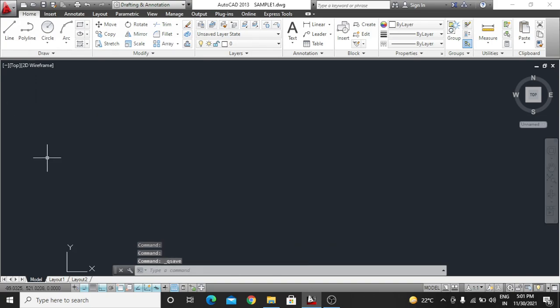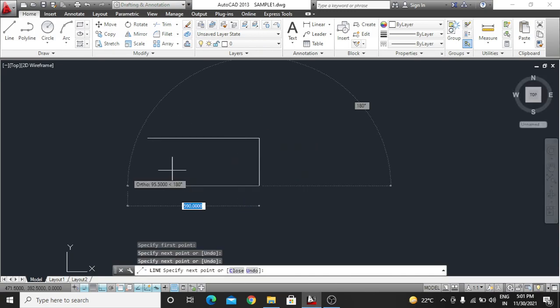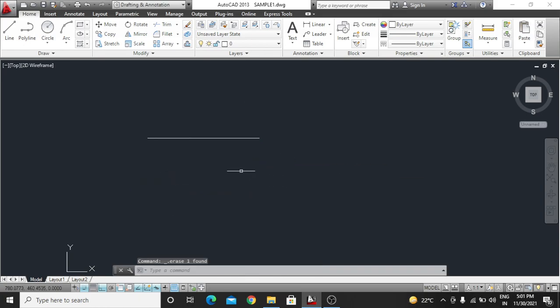After that you have a rotate command. This is also a very useful command guys. So example, we have an object, we have a line. Okay, we want to rotate this. This is the arrow and rotate, and the arrow is the short command.